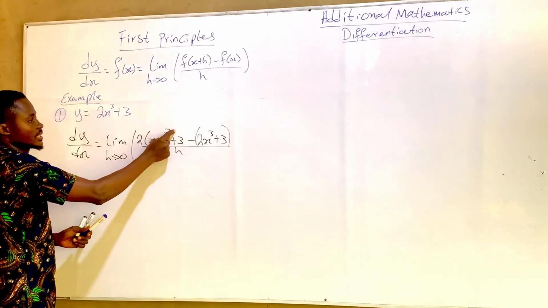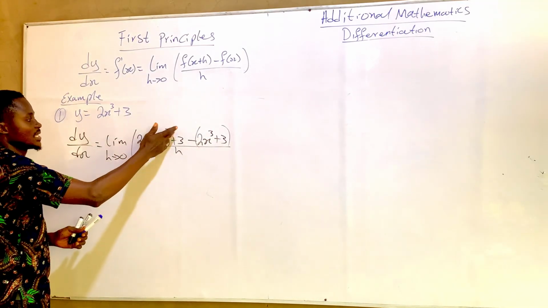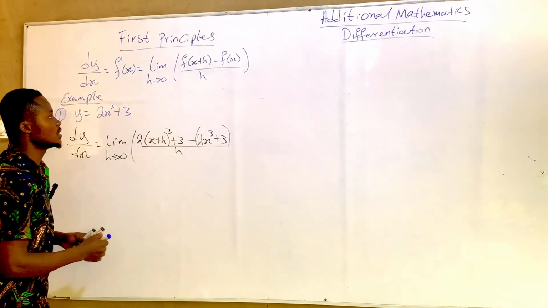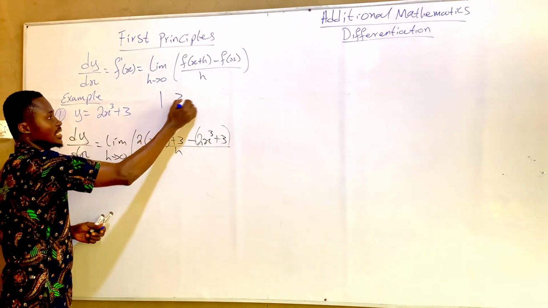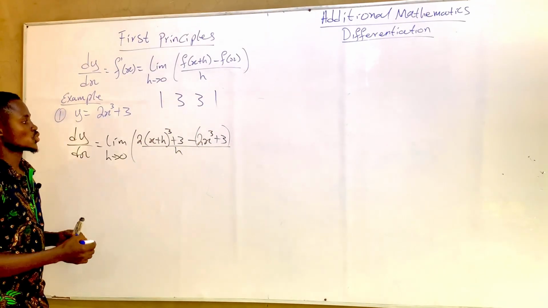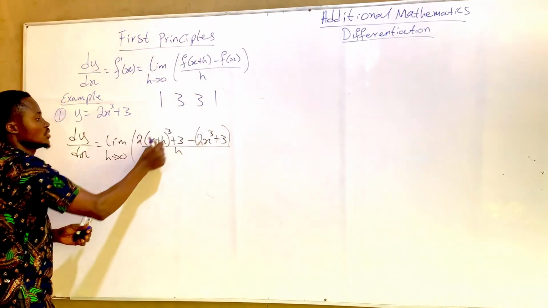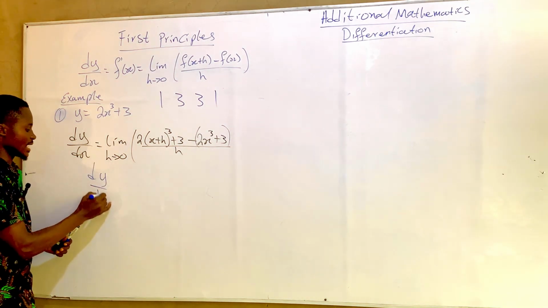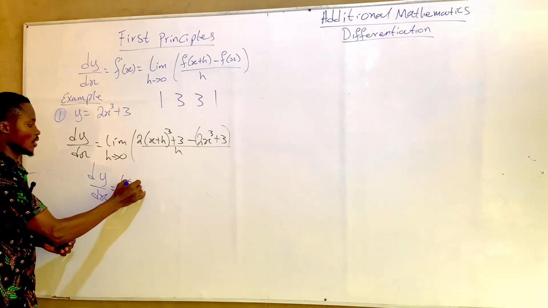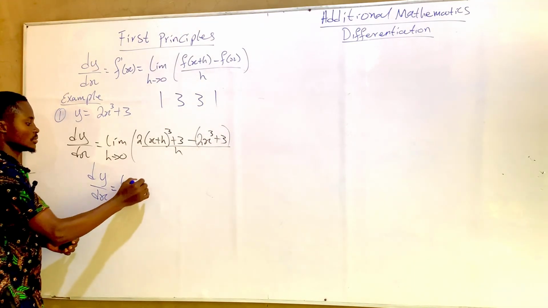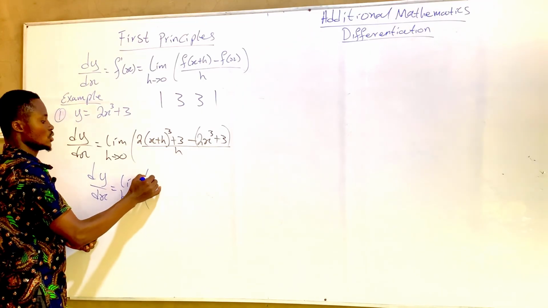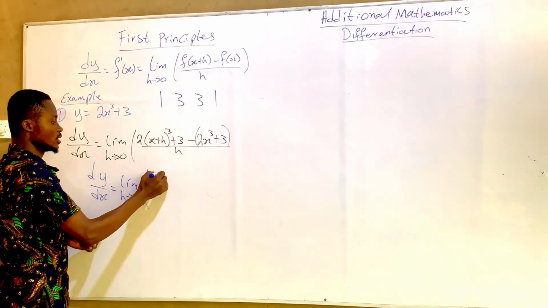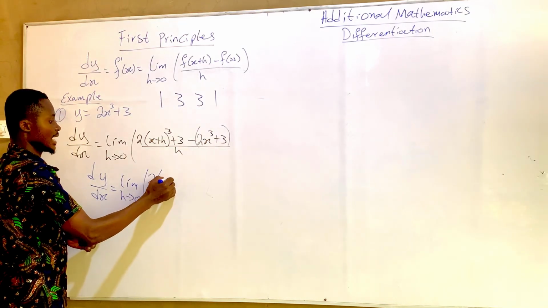Now, this is exponent 3. So, for us to expand this, we must use the Pascal triangle to expand this bracket, which says 1, 3, 3, 1. So, I'm going to use the Pascal triangle to expand this bracket. Then I'll be heading to dy over dx equals the limit as h approaches 0 of 2. The first x will take the 1, which will be 2 times x cubed